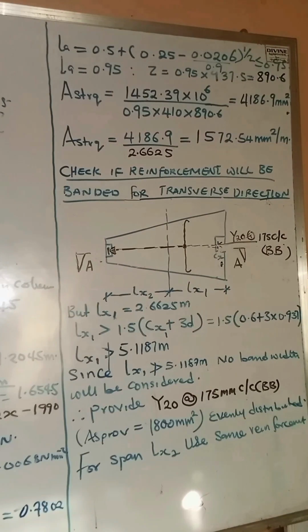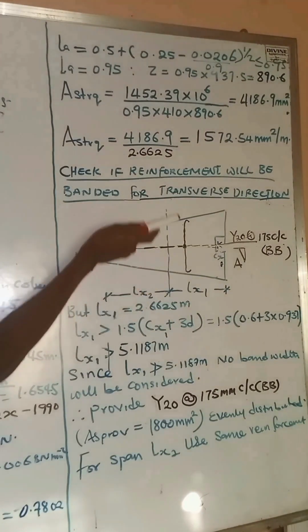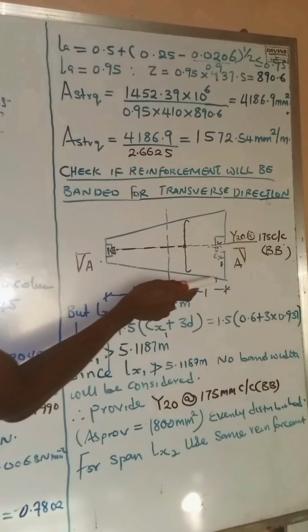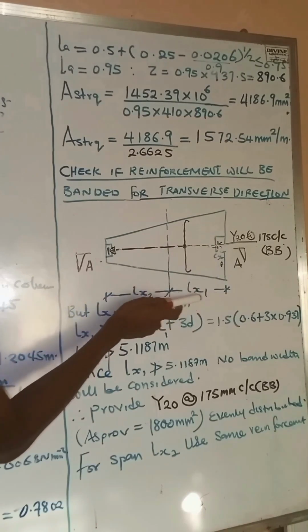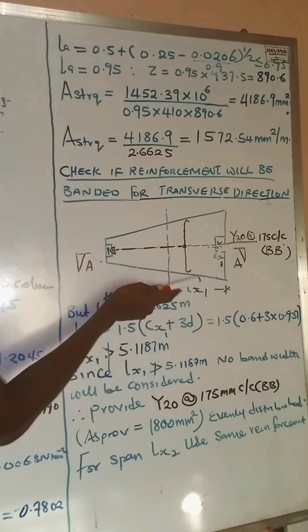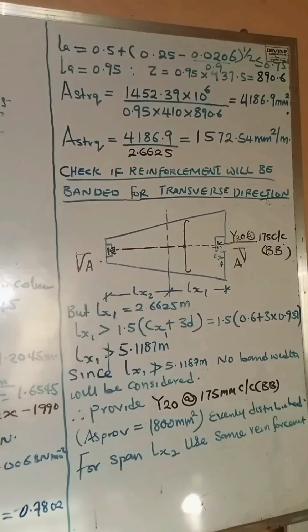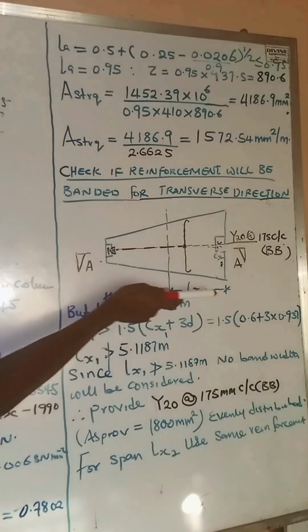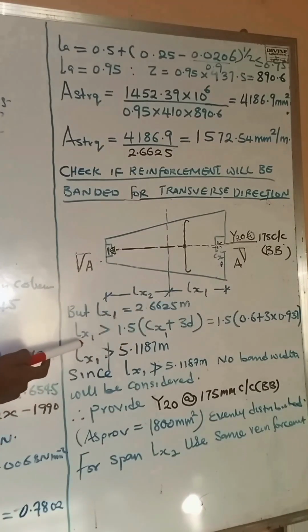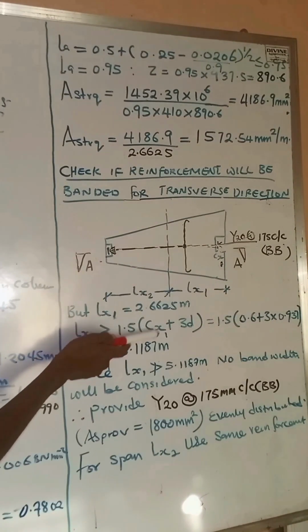Okay. All right. So before we go into the final details, of course, like we've done before now, we will check if the reinforcement will be bounded for the transverse direction. Remember that the reinforcement is moving in this direction, it's spanning in this direction, so we are likely to bound it between this LX1 width. We need to check if it will be bounded between the LS1 width, or we just need to distribute it evenly. Okay, so but for us to do that, remember what we said, that LX1, which is this, is our LS. The code says that for us to bound it, we must check if LS1 is greater than 1.5 as